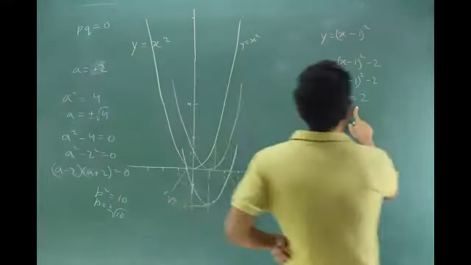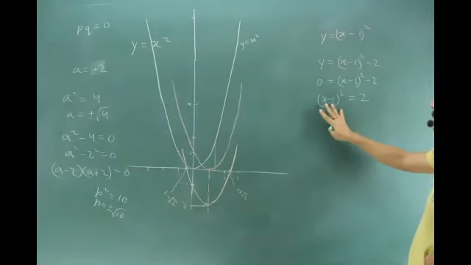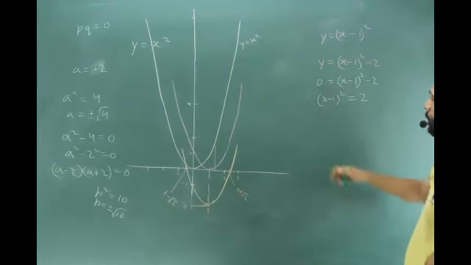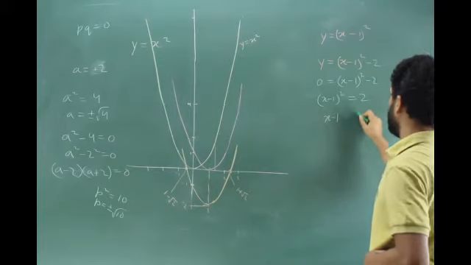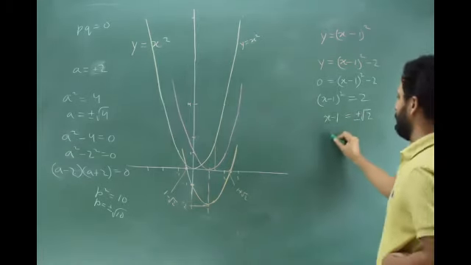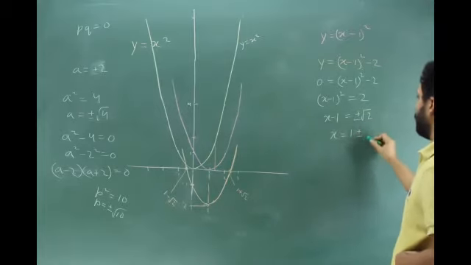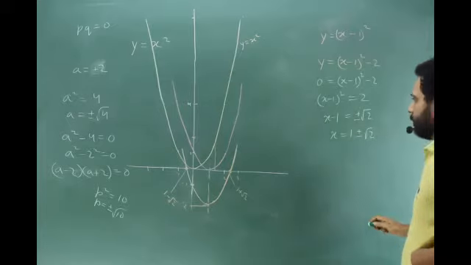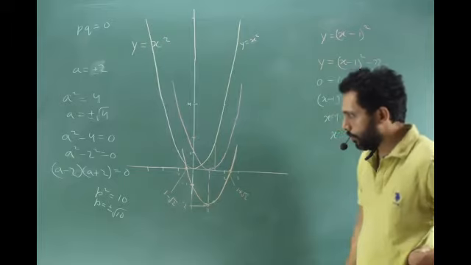So here, if I want to solve for x, I make the square thing on one side and the rest on the other side. So what does it become? x minus 1 is equal to plus minus root 2, right? Yes, sir. And x is equal to 1 plus minus root 2, right? Yes, sir. So we get two values of x, 1 plus root 2 and 1 minus root 2.